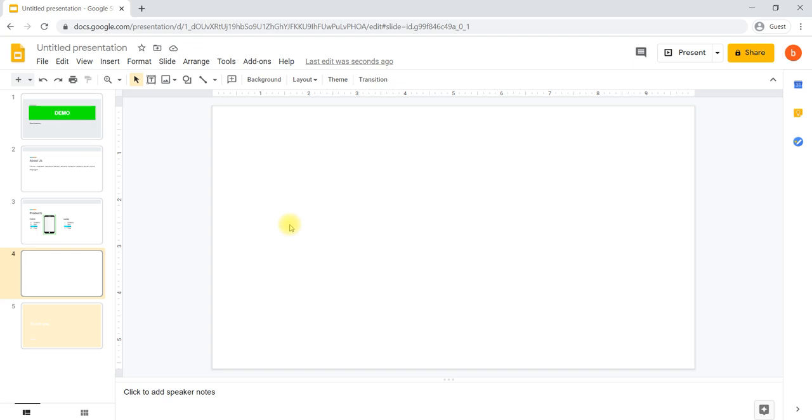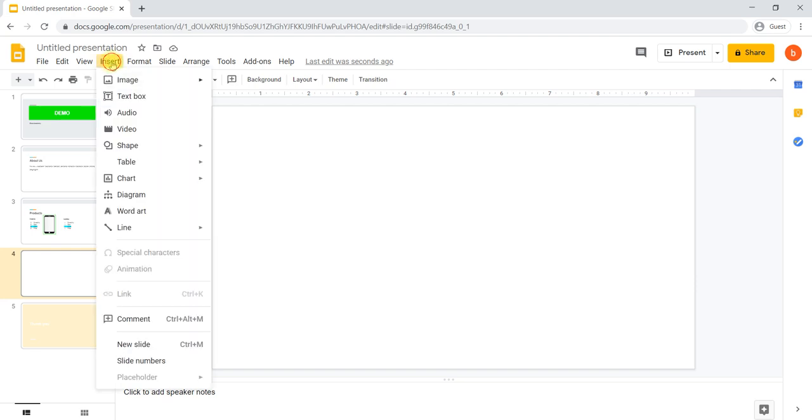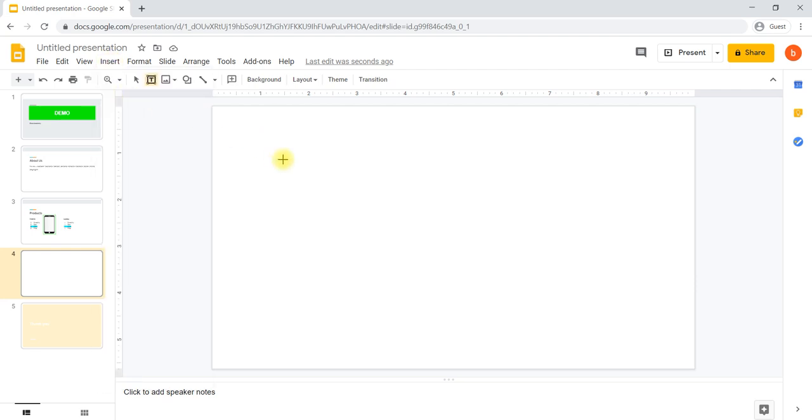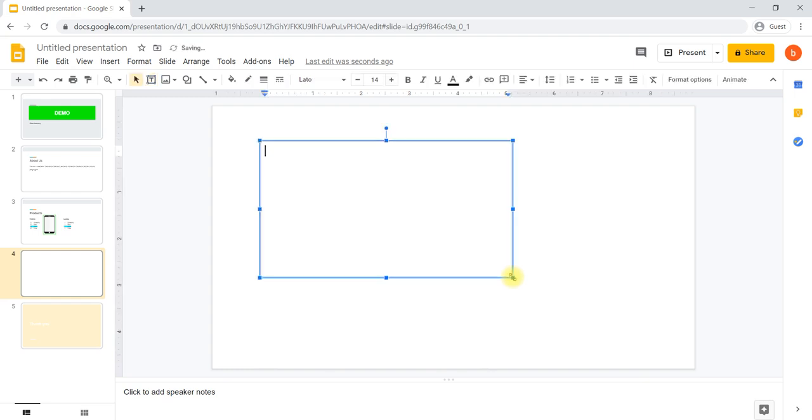Okay, in a blank slide, I would like to insert a text box where I would like to write some description about a product. How to insert a text box here? We can go to Insert, Text box, then click and drag. Once you have the plus mark, place it where you would like to draw the text box, click there and drag. Click and drag the mouse so that you will be inserting a text box.